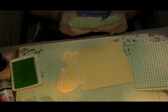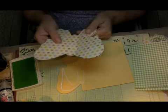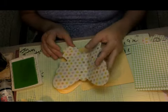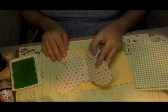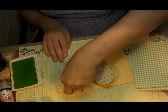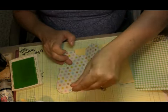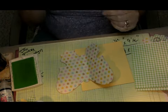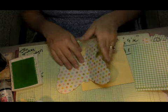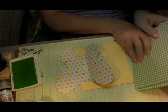You can score it if you want. That little piece that's wrinkled right now is going to be covered up in a second with a body part, or whatever you want to call that little middle part of his body. Clean off any excess glue with your fingers, and if you're like me, you just wipe it on your jeans. I know I shouldn't, but I do. So that's down, and I'm going to,